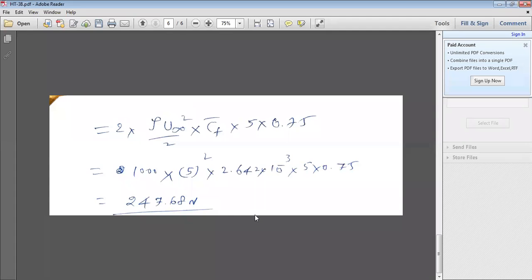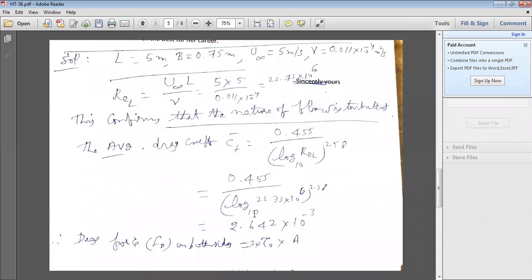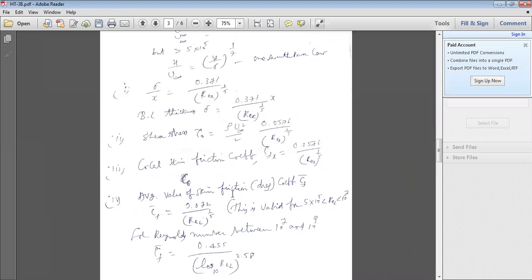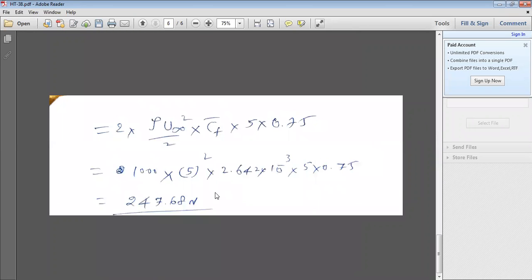So you'll be able to solve problems with the available formulae of turbulent flow. The only difference is you must be able to find these equations from the data book or from the textbooks. If you solve a number of problems, you'll be able to memorize them, or sometimes you can take the formula from the data book. Some formulae may be available in the data book. So like that you can solve some problems under turbulent flow for a flat plate.